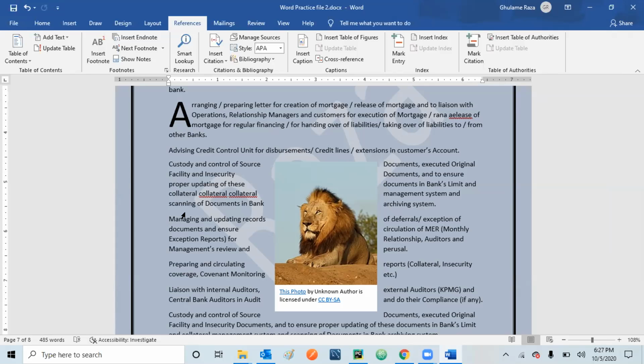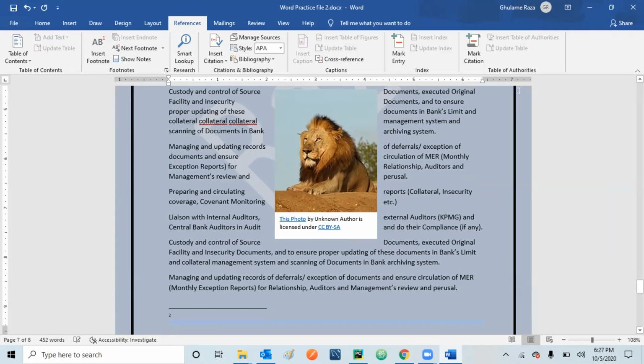So you want to make sure that you are giving the credit of those words to the person who wrote it. Or sometimes you want to discuss more about one word. Let's say you know what the meaning of mortgage is, but I don't know the meaning of mortgage. You can select this word and make a footnote for it, so that people can know what it is all about. So how can you do that? You can select the word, click Insert Footnote, and then you see on the top,